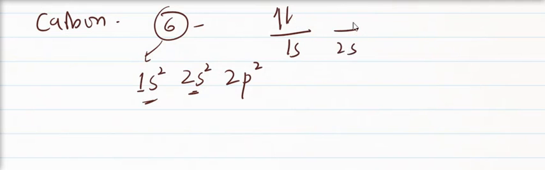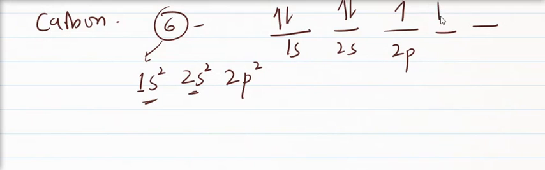This is 2s, because there are 2 and 2, 4. Then we come to p. In p we make 3 boxes, right? One for x, one for y, one for z. So first of all, only one is filled. So 1, 1, 2, 3, 4, 5, 6. 6 are done. So here I am giving you an